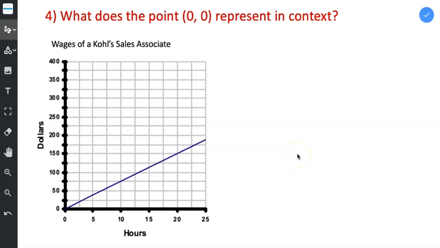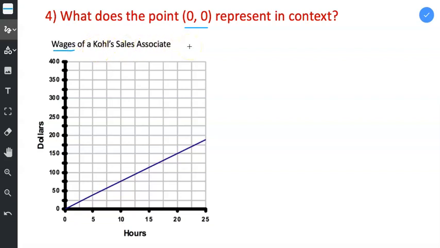In this example, we're going to need to try to make sense of this point 0, 0 in context. To understand what 0, 0 represents, we're just going to start by reading the graph and trying to understand what it means. So the first thing I notice is that this graph actually has a title, Wages of a Kohl's